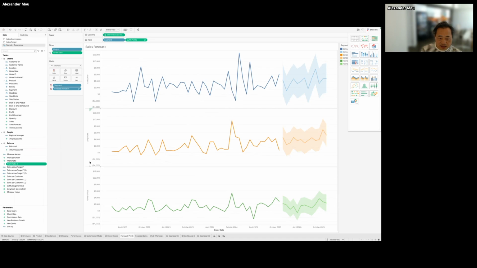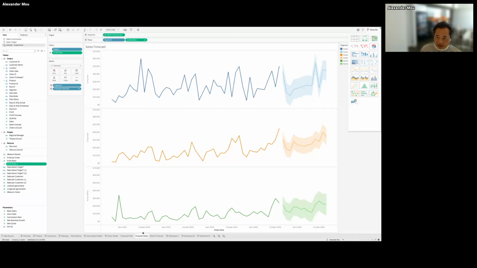Anyway, it's just an example of how to reuse a chart for a different metric, for a different usage, right? So we can forecast the sales here.